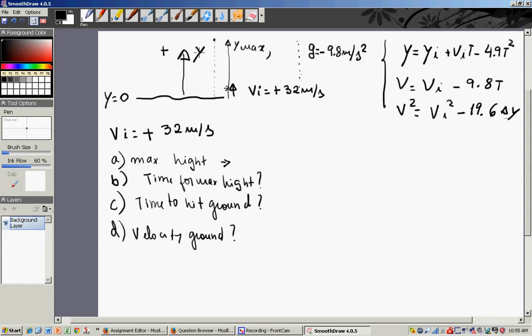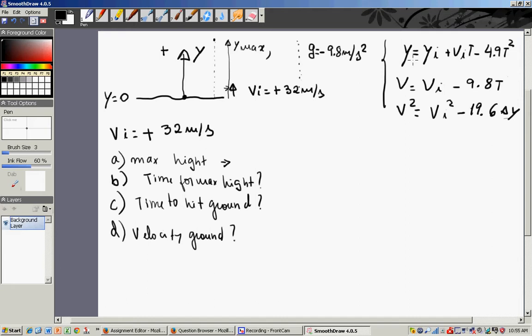The reason is, look, the direction of your velocity vector is the same as that of my y-axis, and I will always have my y-axis pointing upward, with the tail at ground level where y is equal to 0. Okay,